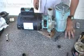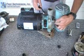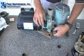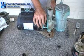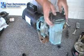Also, while I have them and while we're working on them, sometimes there is a paper gasket in here and they get really old, and we really like to do these on Stay-Rite pumps also that have the old paper gasket, but sometimes these can get a little bit loose. Just give them a nice little tightening if they are loose. If they're tight and they're fine, they don't need a thing. The other thing I like to do,